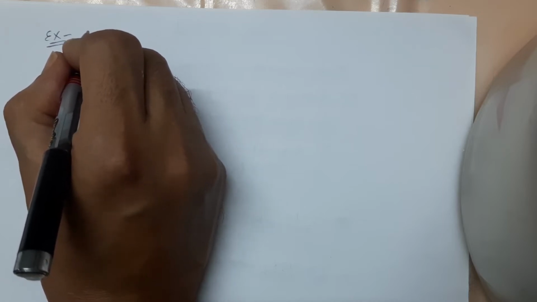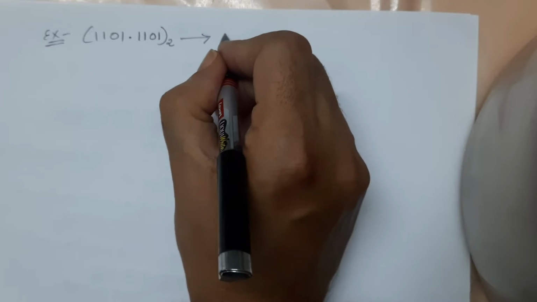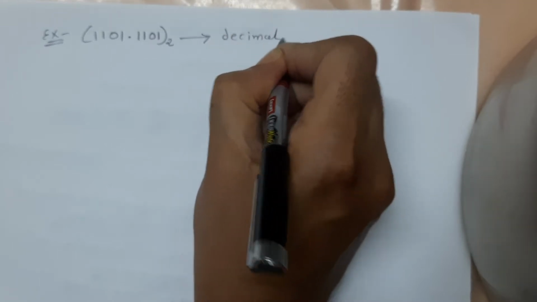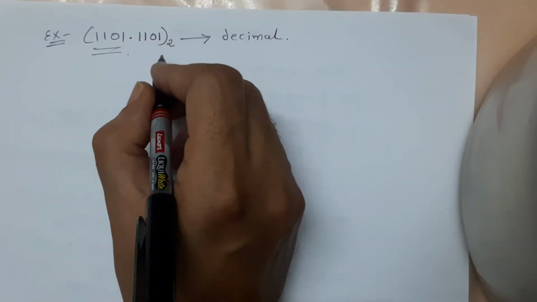So, for this, we can say that if our binary number is 1101.1101, this we want to convert into the form of decimal, then first of all, for this